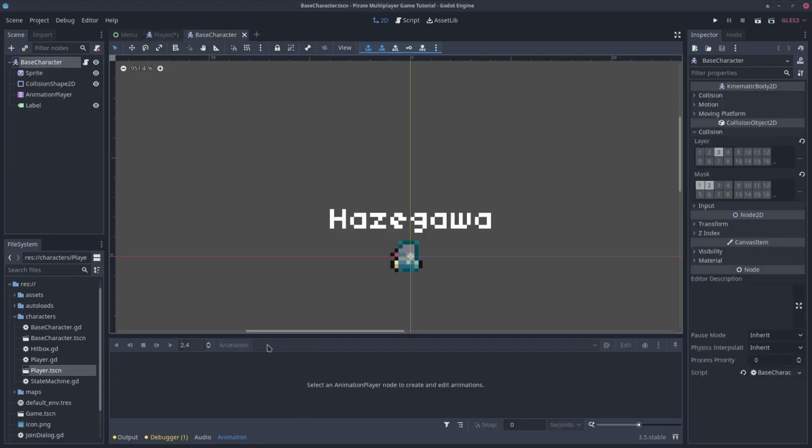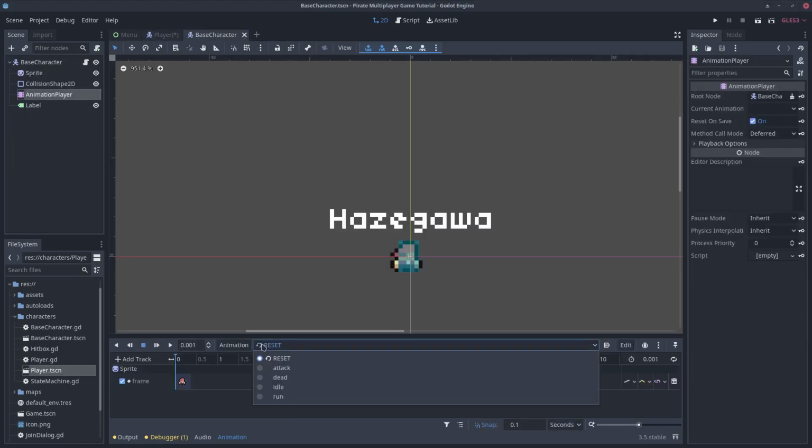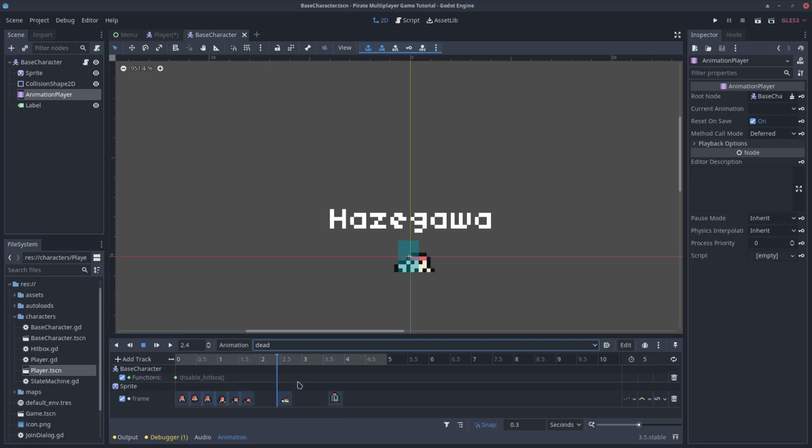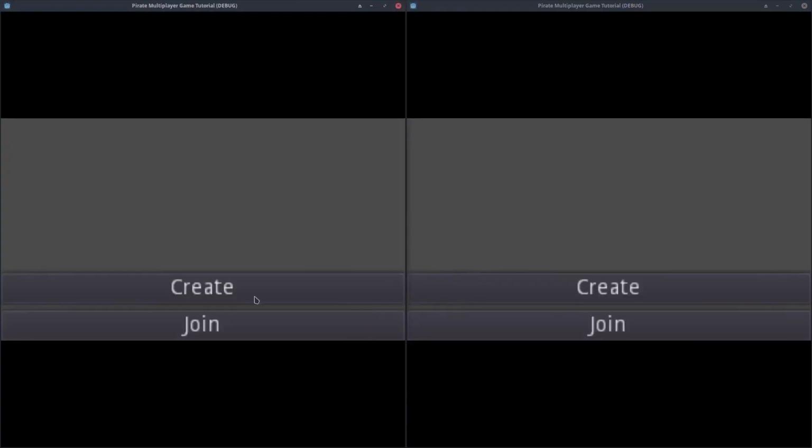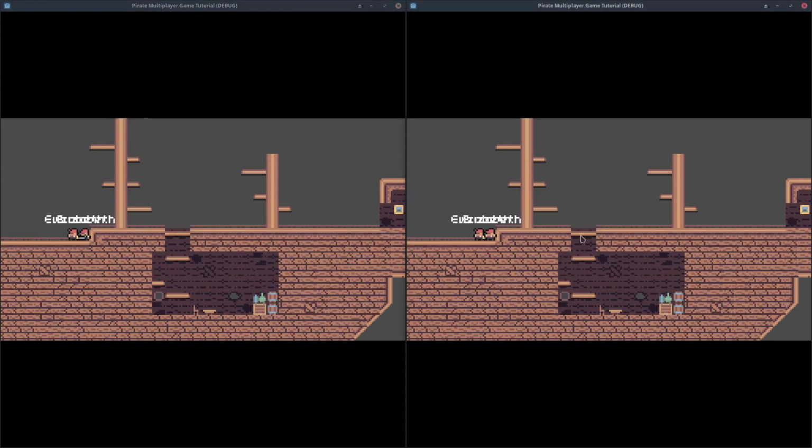Open the scene and select the animation player. But the dead animation is correct here too. Let's try to play the game again. Well, the animation works fine now. Maybe I only needed to open the scene for the animation to get updated.